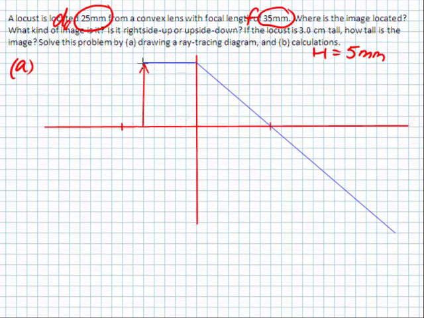The central ray is going to go through the center of the lens without bending. And the focus parallel ray is going to start out